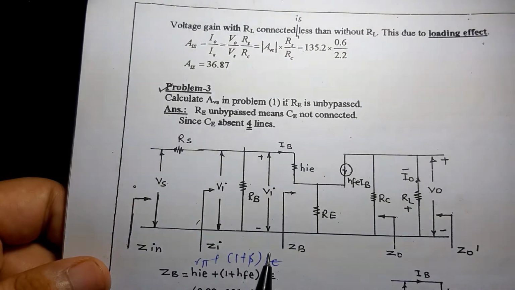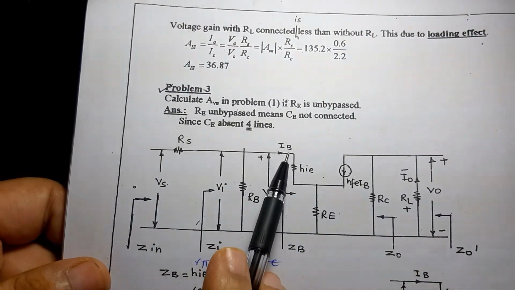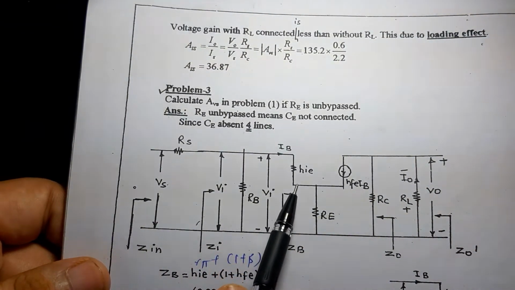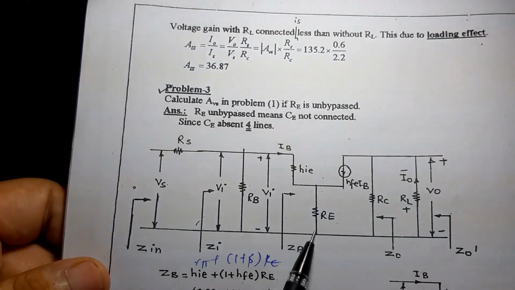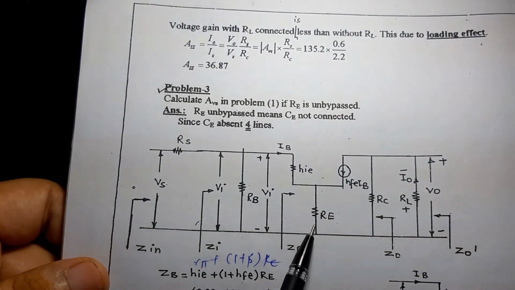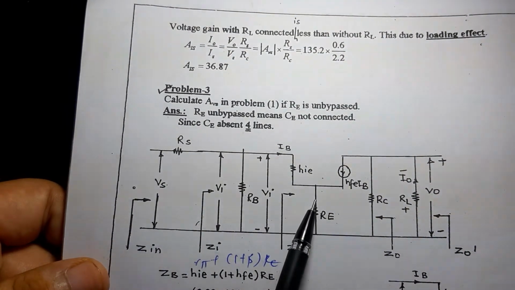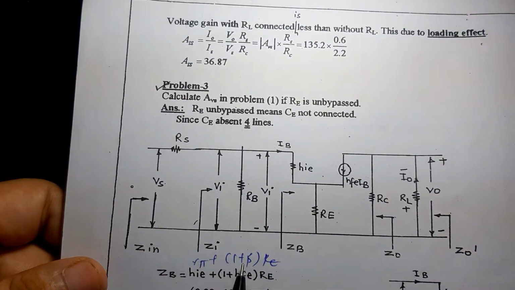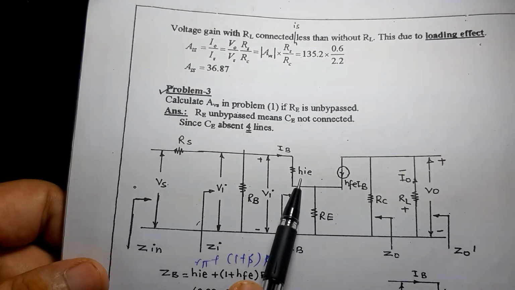In order to get the ZB, the first input impedance, you start your journey from this point. You will use the Gauss method. Then you start the journey from this point, and you'll go up till the zeroth or the ground level. Then since you have reached the ground level, you will return back and pick up the resistance whichever is on the path, and multiply it by a certain term called 1 plus beta over here, and connect it in series with HIE, or in other words, HIE is also known as R pi over here.